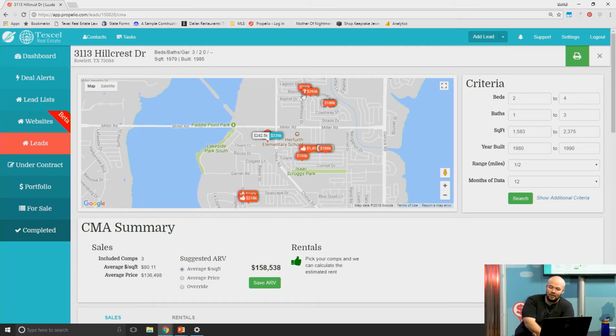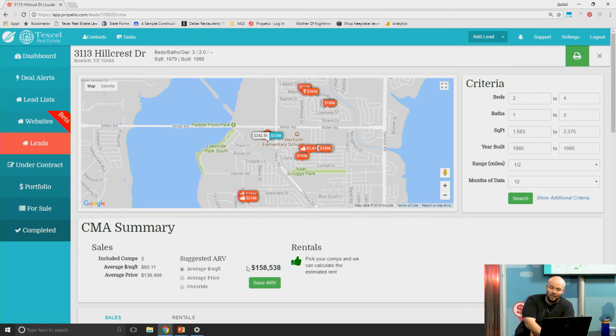If you saw beforehand, this used to have a thumbs up on it. Now it has a question mark. So what I'm going to be able to do is go through all of these pins, select which ones are comparable by thumbs up or thumbs down, and narrow down my retail value. Right now, I'm showing a retail value on that property based on the ones that have a thumbs up on them of